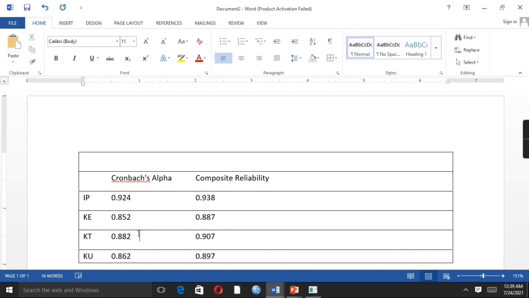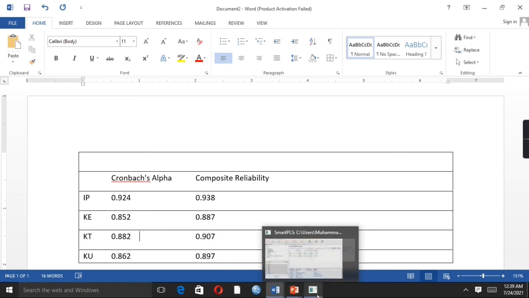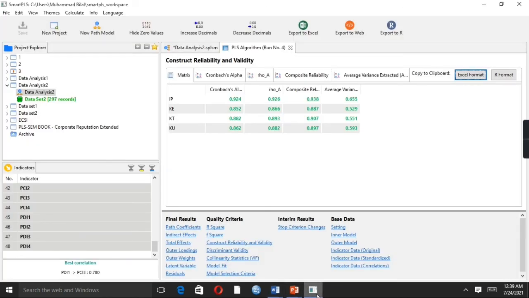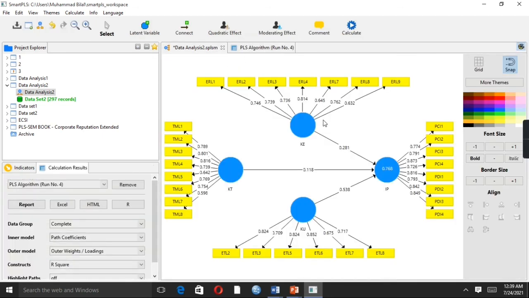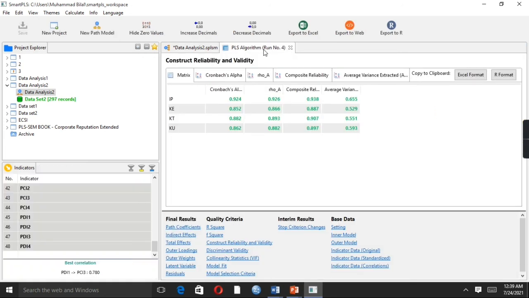So this is how we are able to perform multiple analyses to analyze reliability in SmartPLS 3. First of all, we need to analyze the outer loading of our items. All the outer loadings of the items must be retained at or greater than 0.60. Secondly, we should measure the Cronbach alpha value and composite reliability. These values must be greater than 0.60 as well. So here we are. In this session we have seen an easy way to analyze reliability. Thank you very much.